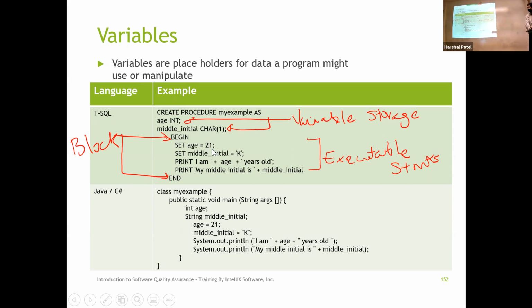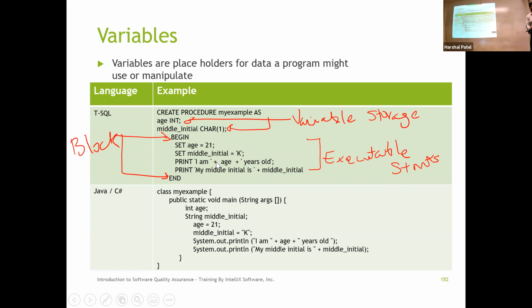Okay. Then it takes that second memory storage and says, I'm going to assign a value K to that. Because it holds only one character, I'm going to assign only one character to it. Okay. So in a programming world, all those variables will be holding certain types of value, and you have to declare what type of value is stored. Then it just says that, hey, when I want to print it, I'm going to utilize those variables. And the way you do it